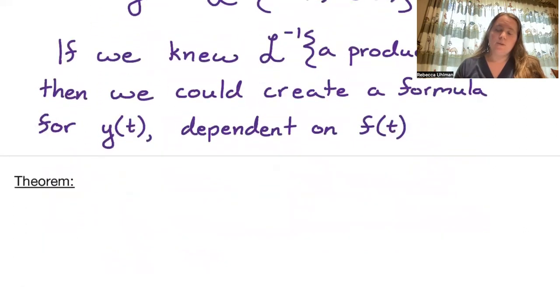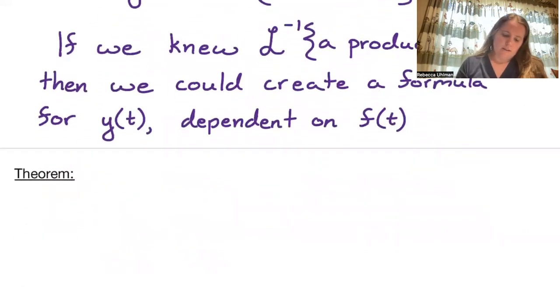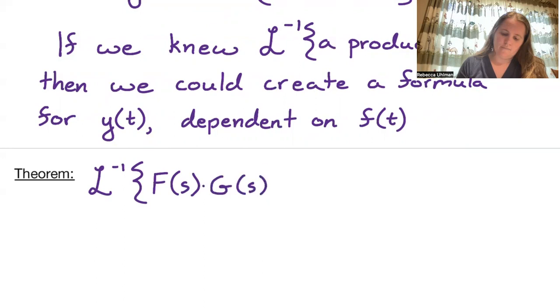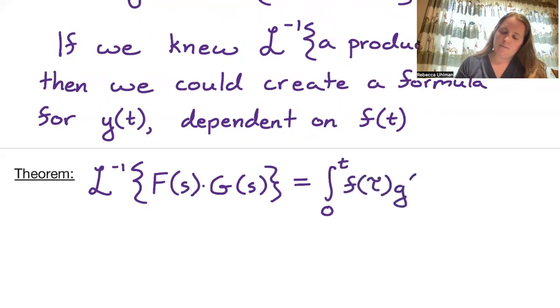So the theorem we're going to work with is the inverse Laplace transform of capital F of s times G of s is equal to the integral from 0 to t of f of tau, lowercase f of tau, times g of t minus tau, d tau,